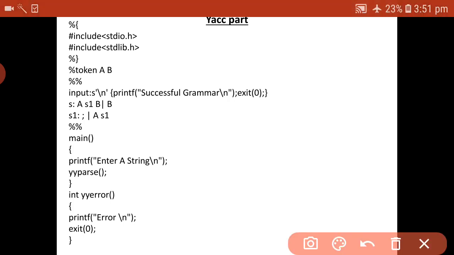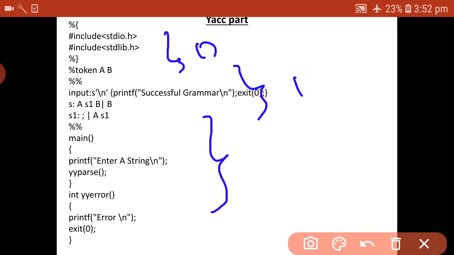In the yacc part, it contains three sections: the definition section, the rule section, and the subroutine and code section.